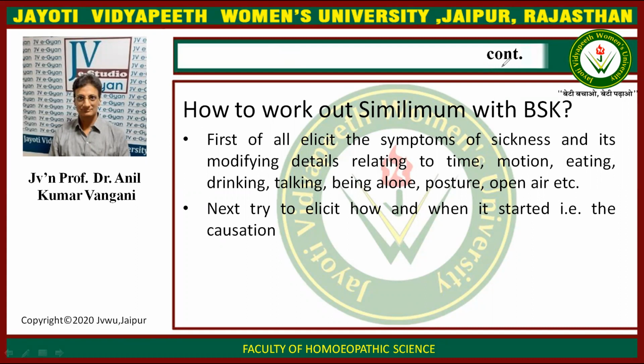We move further in this lecture. So how to work out the similimum with Boger Synoptic Key? First of all, elicit the symptoms of sickness. Ask the patient what symptoms he is suffering from, and along with that, ask the modifying details: how it is aggravated, how it is ameliorated,